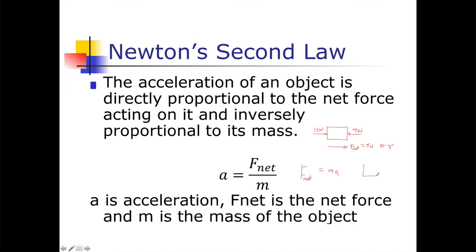But if you two cooperate and start to push this object in the same direction, you apply your 10 newtons of force, then your sibling helps with 5 newtons of force. Now this object will also move faster, and the net force in this case is going to be 15 newtons, the sum of the two. That's what it means.